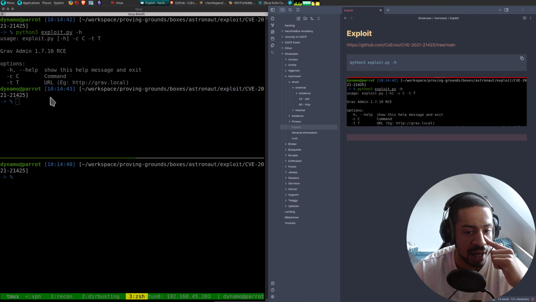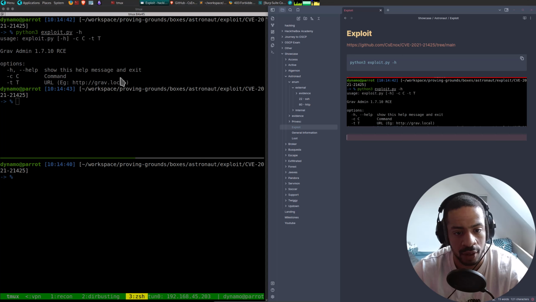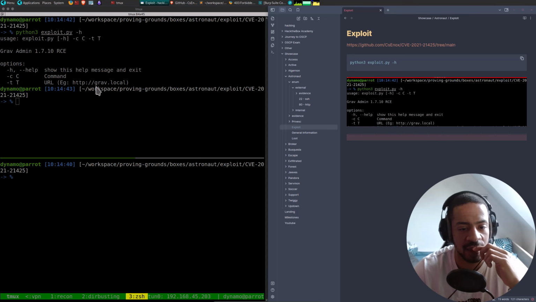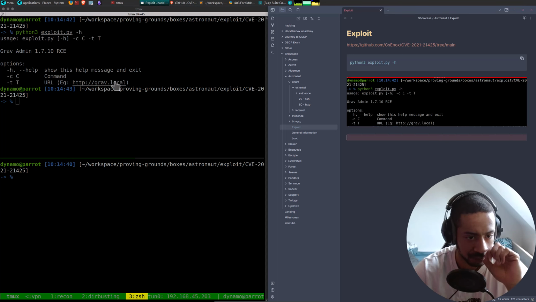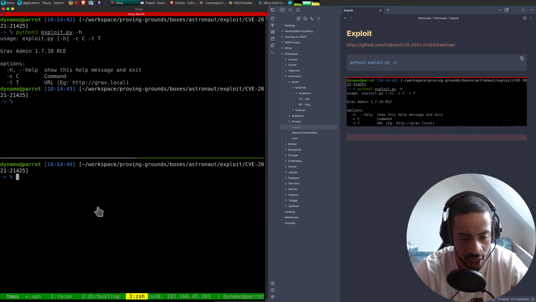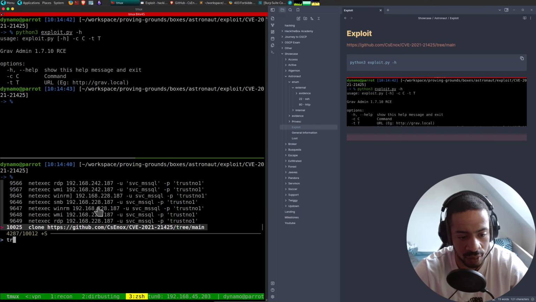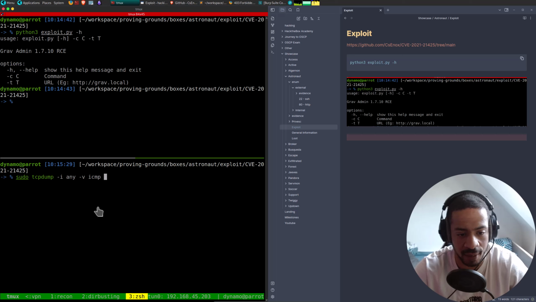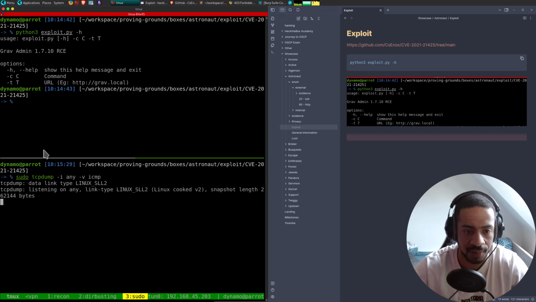We need a target along with, sorry, the folder, and then a command. So we like to do a sudo, let's do tcpdump like that. I like this command.